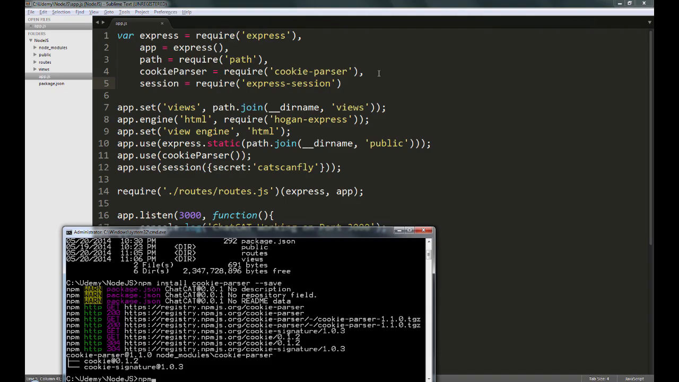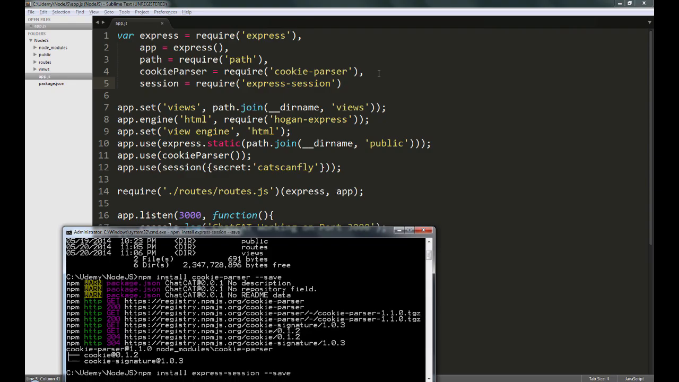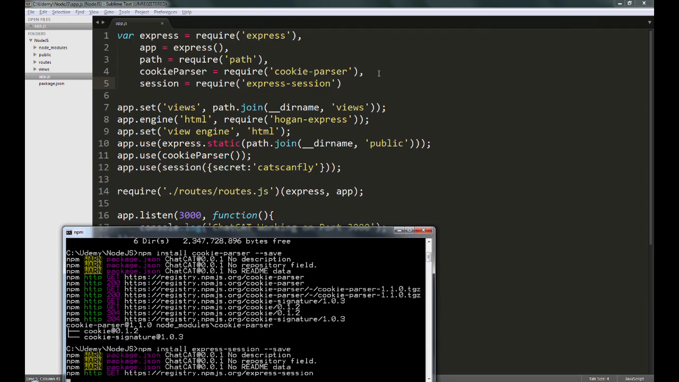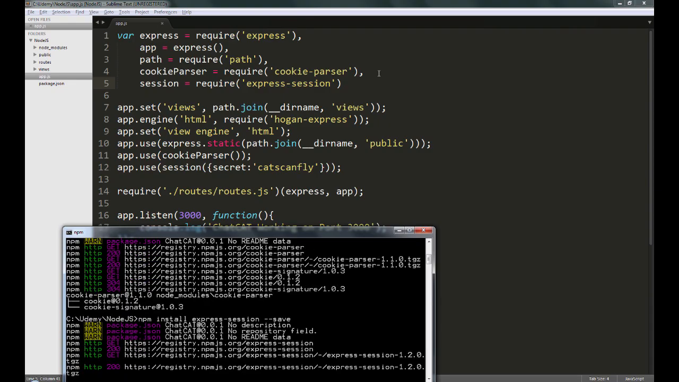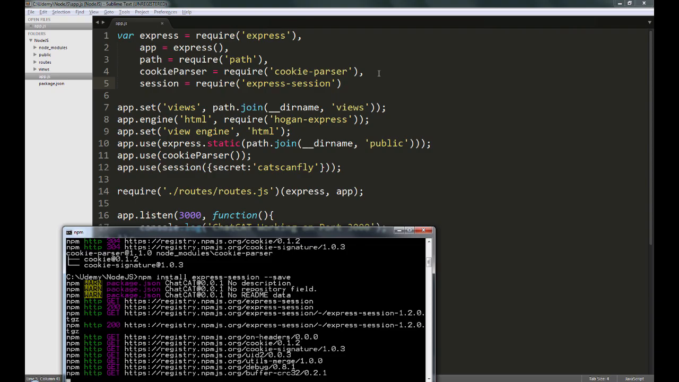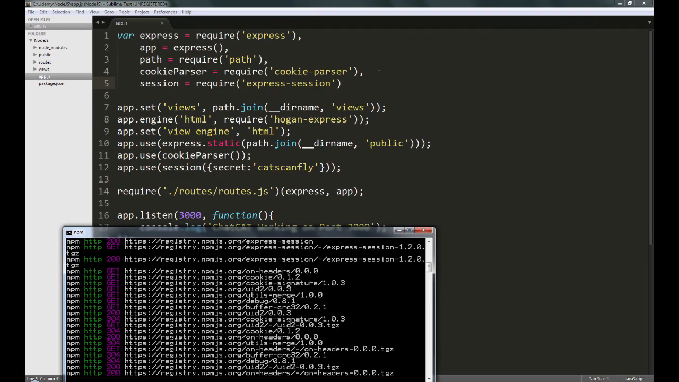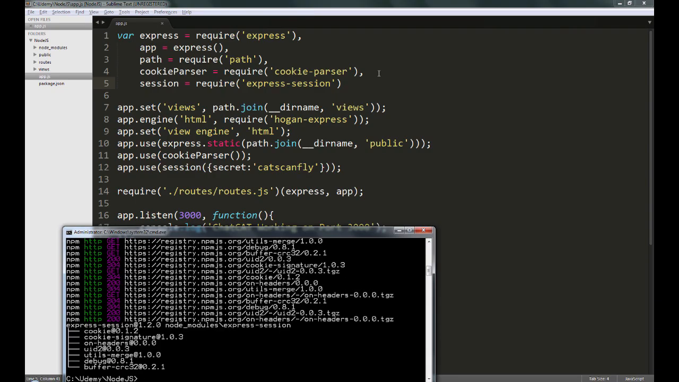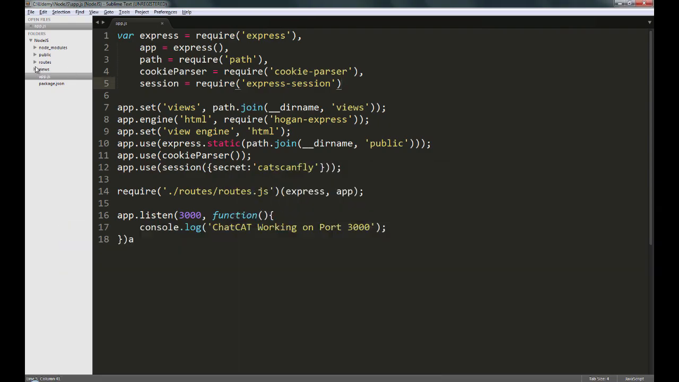and let's download and install this as well. So npm install express-session --save. Alright, so that's done. Now in order to test this out, we'll just go into the routes.js,